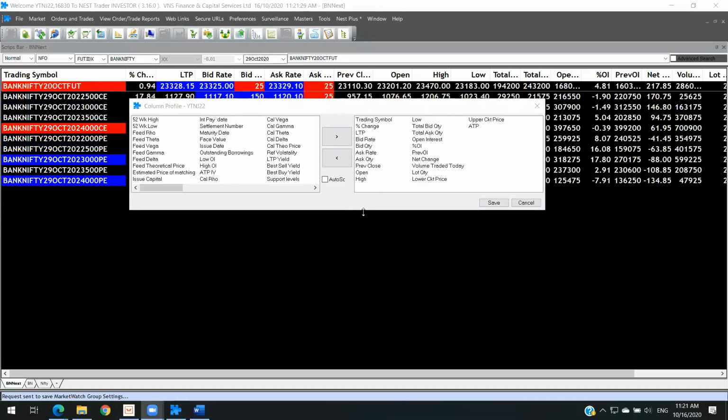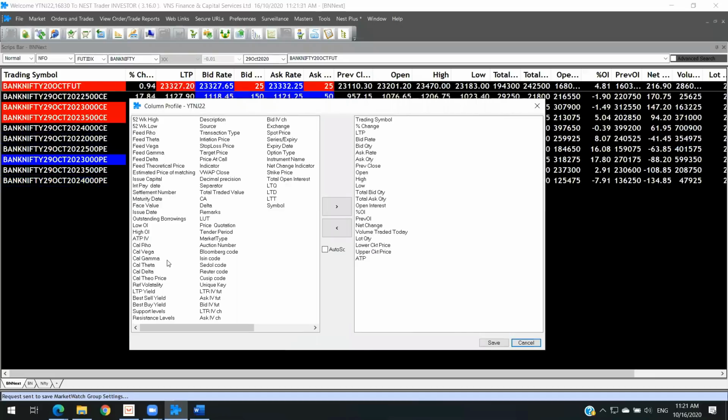Then you will see everything here. Whichever headers you wanted, just pull it here by clicking it like this, and then wherever you wanted it, you will get it that way. If you don't want it, just click it back, it'll go back to the same place. Say for example, I've added the open interest here. Total open interest, I'm just moving it one strike above the previous open interest.